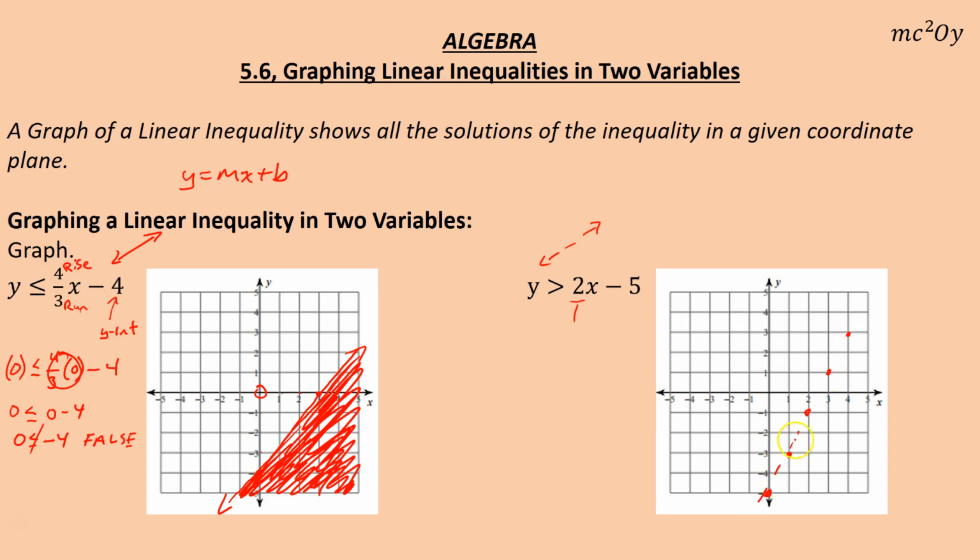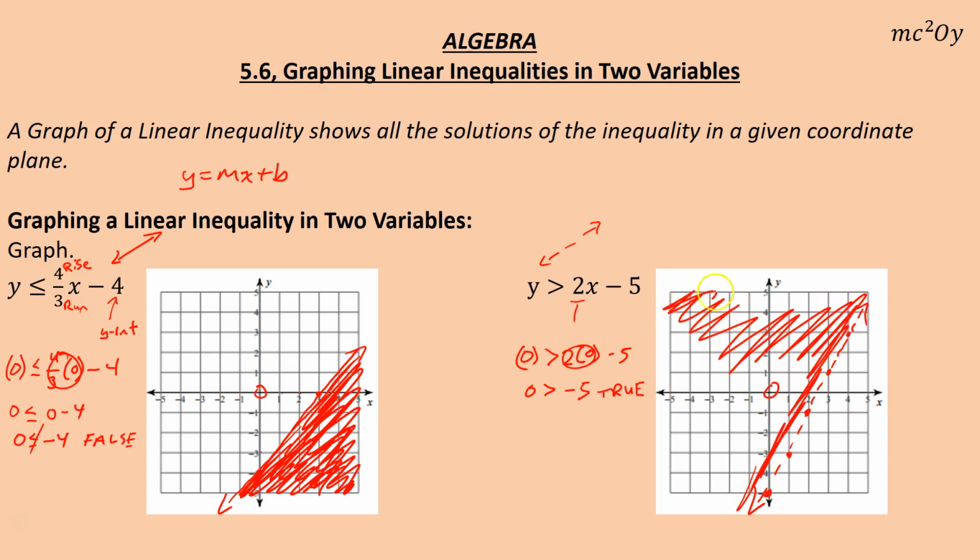It's a dashed line. And I'm going to test 0, 0 again. 0 is greater than 2 times 0 minus 5, or 0 is greater than -5. This part becomes 0. 0 is greater than -5. This is true, meaning I shade over that point, meaning anything that is above this line